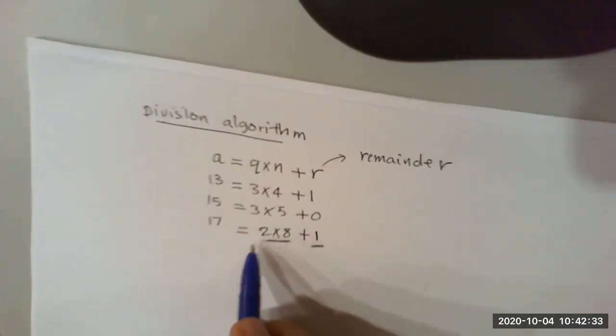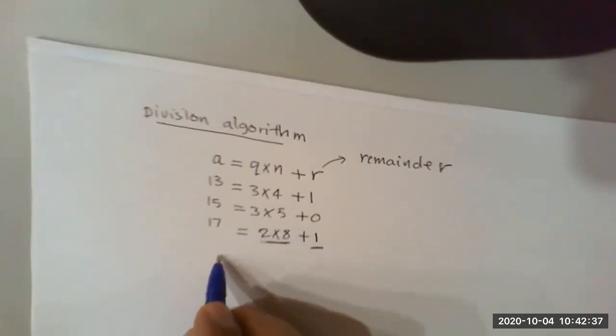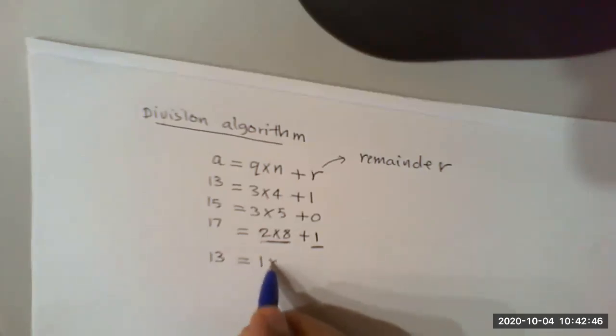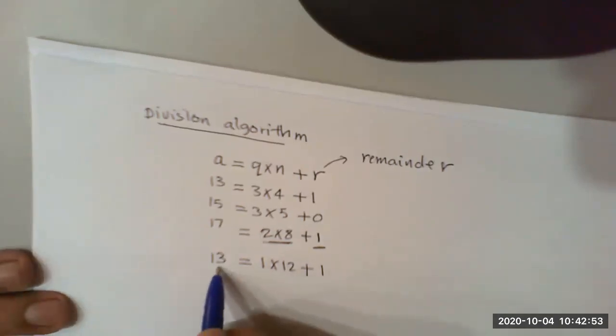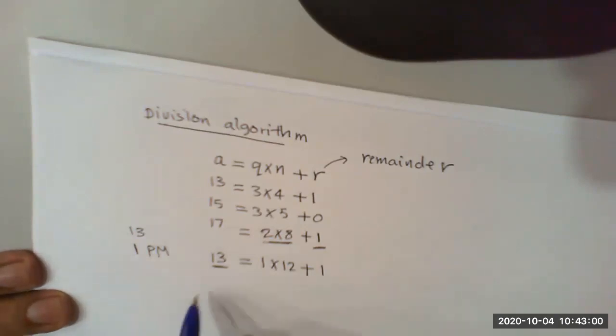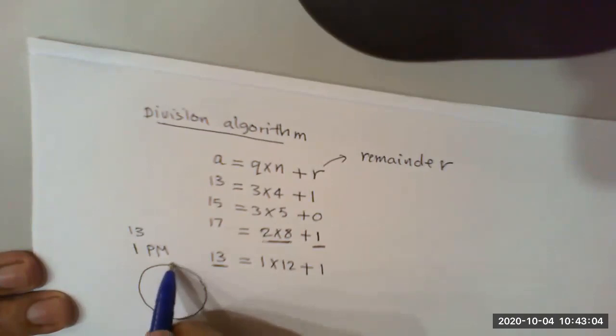I can say, if these are cycles, so for example, I have 24 hours. I can say 13 equals 1 by 12 plus 1. If this is 13, it means 1 p.m., 4 o'clock. So if I have a clock, and then I have one round starting from here,